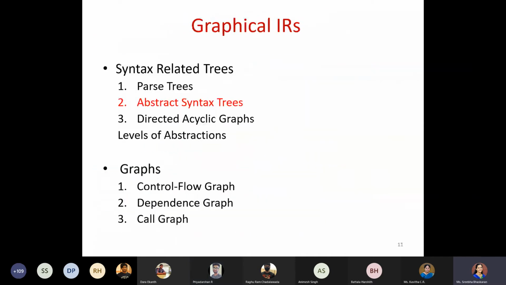See, all these are coming under graphical itself. We didn't start with linear part. The parse tree, abstract syntax tree, and directed acyclic graph, everything comes under graphical representation itself, that too under tree representation.